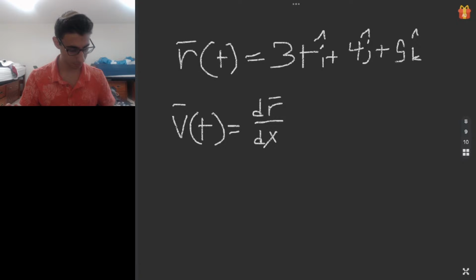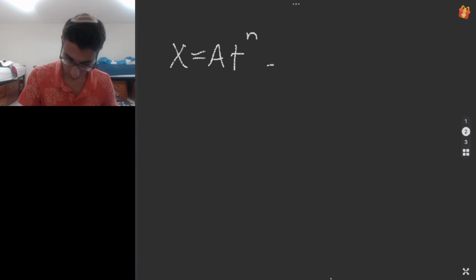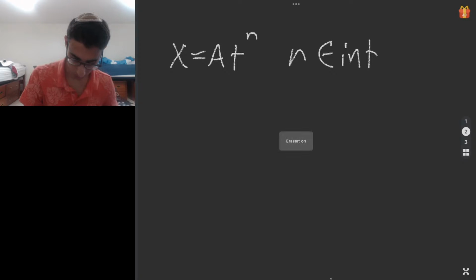First, let's give an example of a fairly simple situation. Imagine that your x position, we'll do one-dimensional motion for a second, so this will just be a scalar. Your x position, your x component of your position vector, if you will, equals some constant a times t to the power of n, where n is in the set of integers. So n has to be an integer. I'm not dealing with fractions and all that jazz. So this is your equation